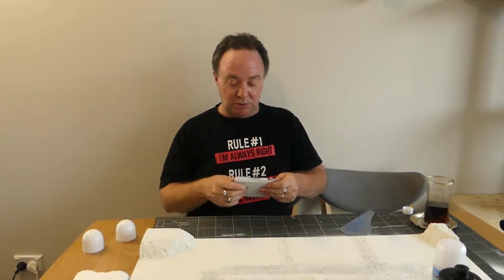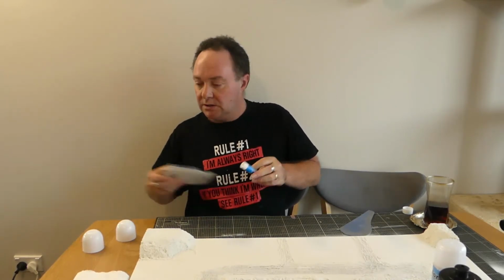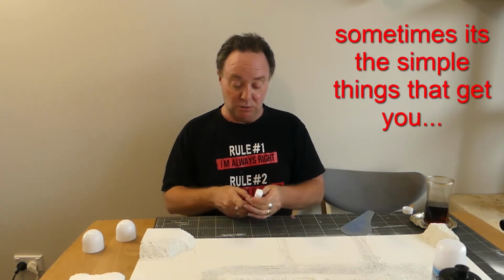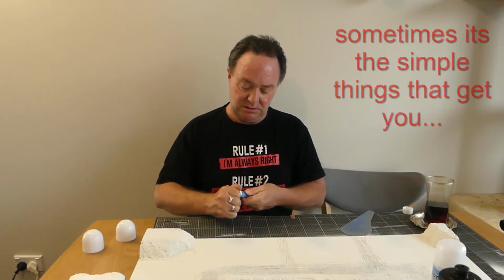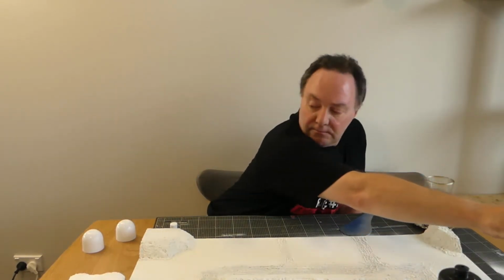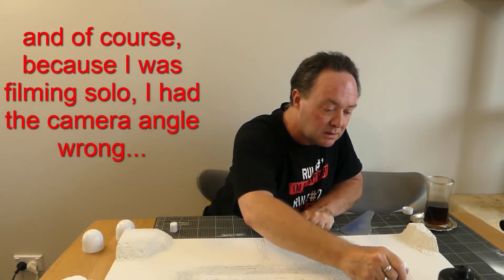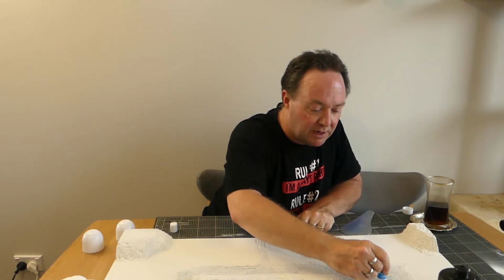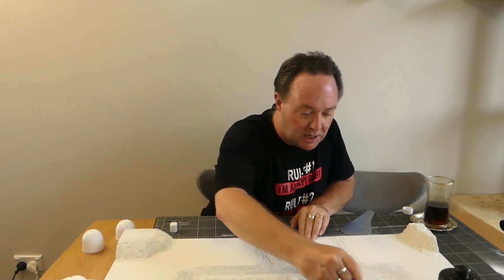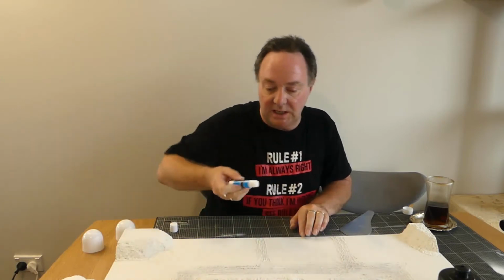And I am just going to use plain, bog standard, household school glue stick. If I can work out how to open it. There we go. Slide this across a little bit so you can see where I'm doing it. Okay, there was overspray in the lake area, but I got rid of that as well. I'll just extend that out a bit. Get a decent amount on there. Right up to the edge,